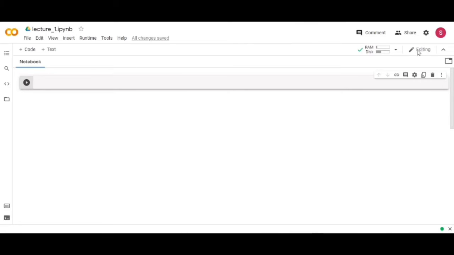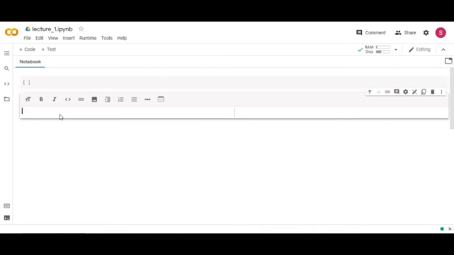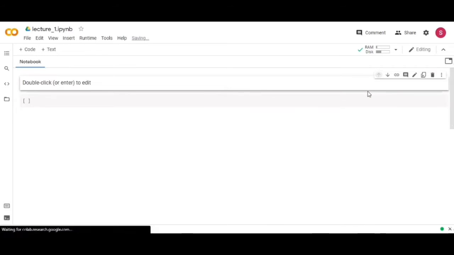Here you see some options, code and text. I click the text, and you see this text mode open. By clicking this arrow, you can move this text cell anywhere up and down.